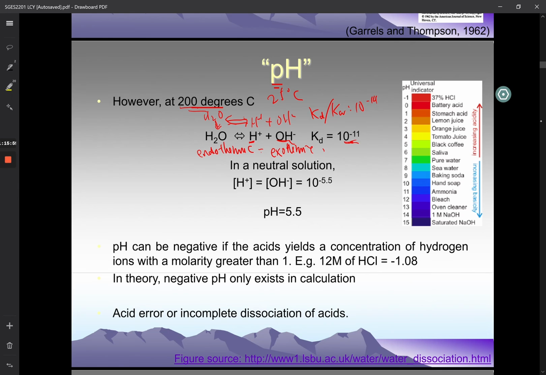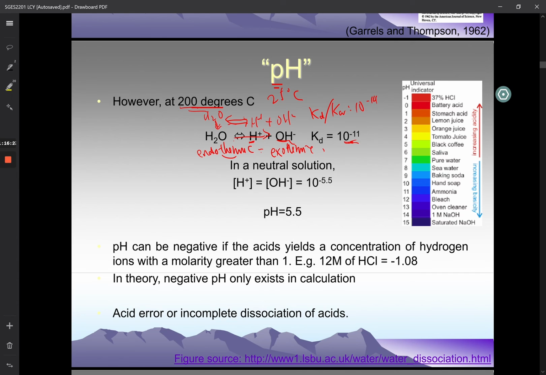You need to release energy for these two to form a bond, to form an H2O molecule. Okay, so because this forward reaction is endothermic, and because of Le Chatelier's principle,